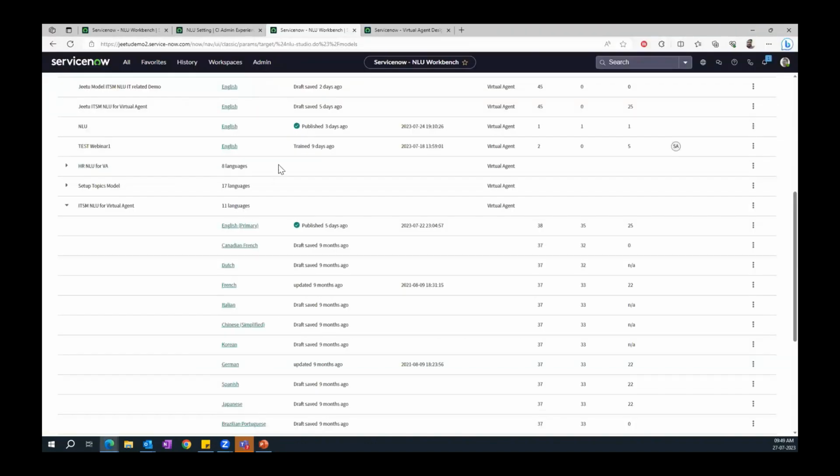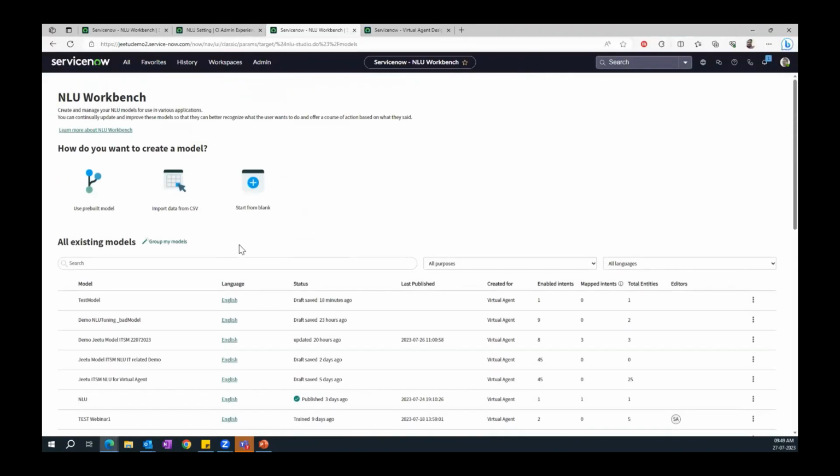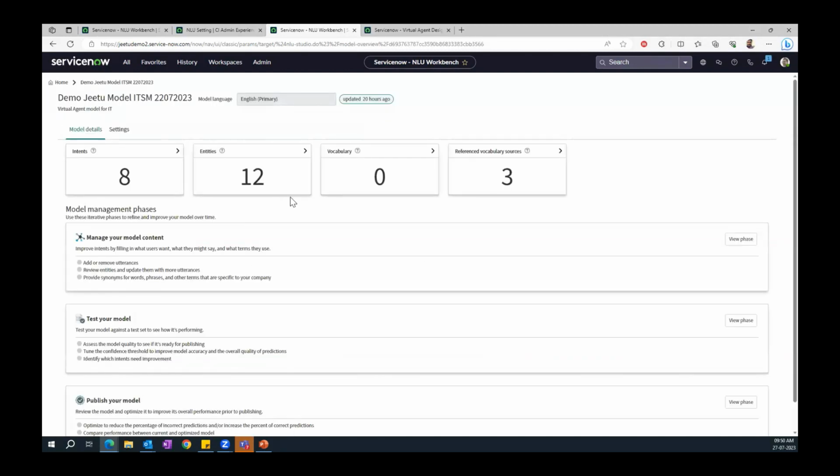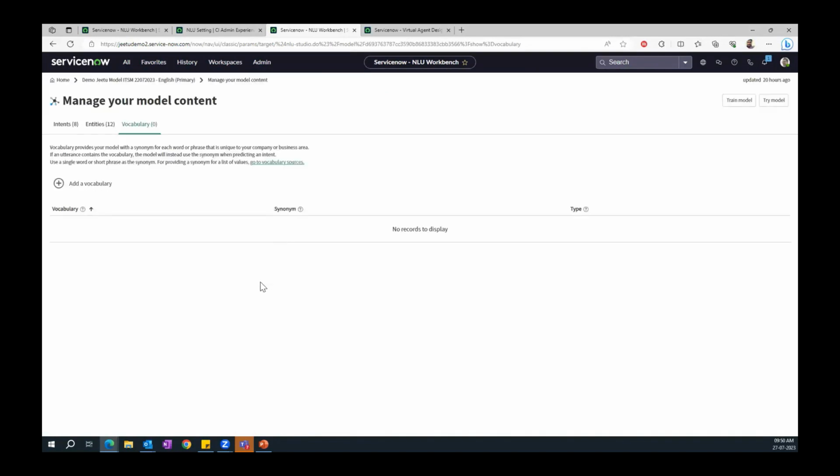Not sure if we really covered the vocabulary, but you can define vocabulary for your own industry, for your own company, for your own use cases. So if I go to this model, you can see the vocabulary here. So vocabulary is nothing but giving your own industry meaning to a particular word.